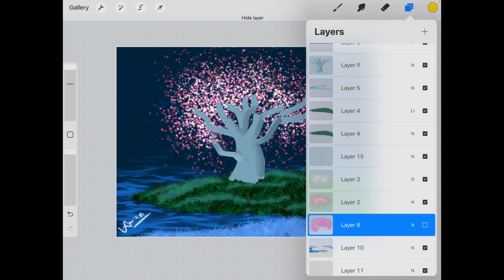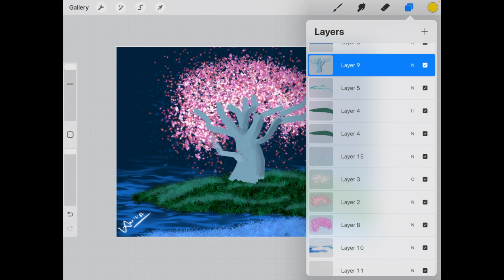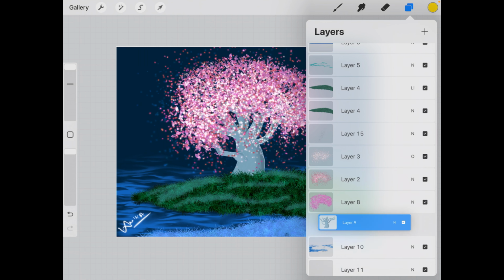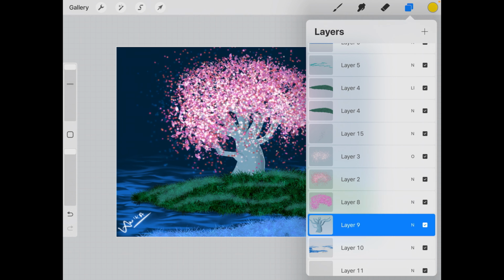This will happen because this is the tree leaves, right, and all these leaves have now come below the trunk layer, and that's why it'll be seen like this, which is quite weird. So I'm going to move that down, and now these leaves are above the trunk, and that's why it's seen as though it's really above the trunk.